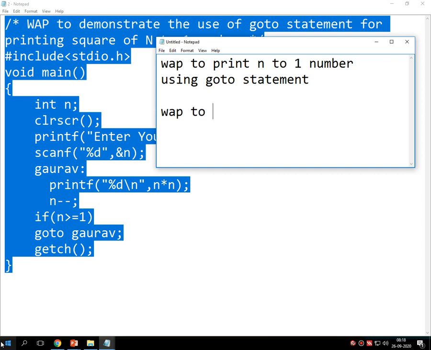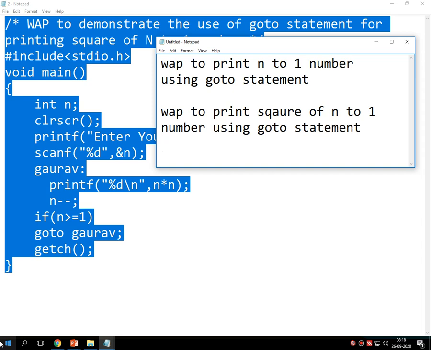Write a program to print square of n to 1 number using goto statement. Right, this is my program number 2 which I have done in today's lecture.